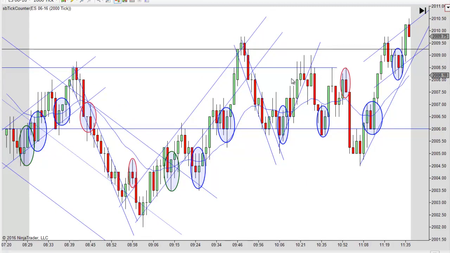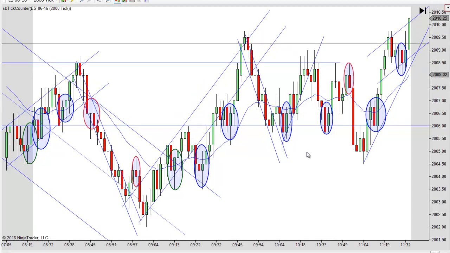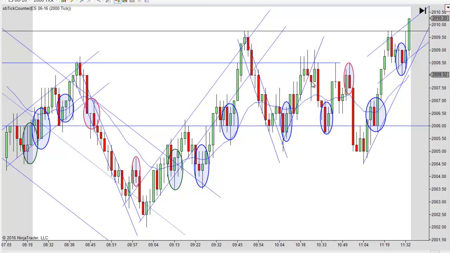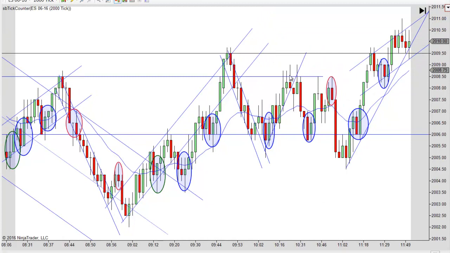So you've got to be really careful of getting long right in here into that. You could have gone long right there, but I think you're better to wait for the reversal pattern, which comes here. But you already got your close outside, and there it is. Look how it gapped over that trend line again, working up through there. And it's right back into that resistance area, and you kind of stalled there. So I don't think you want to get long there either. If you did, it would have worked. You could almost make that one green, but I really don't like it because it's into that previous resistance. And you got a lot of stems right there.